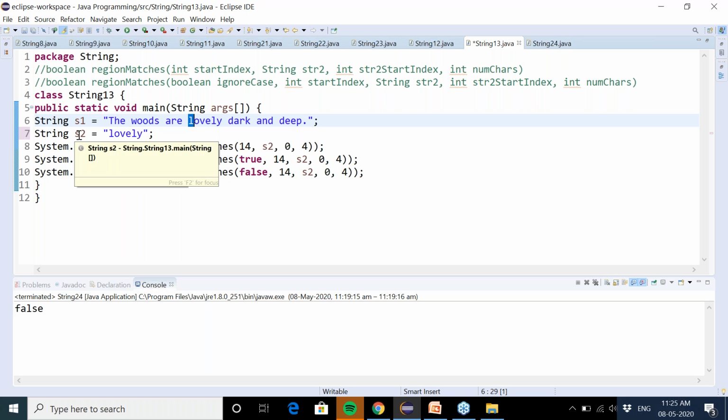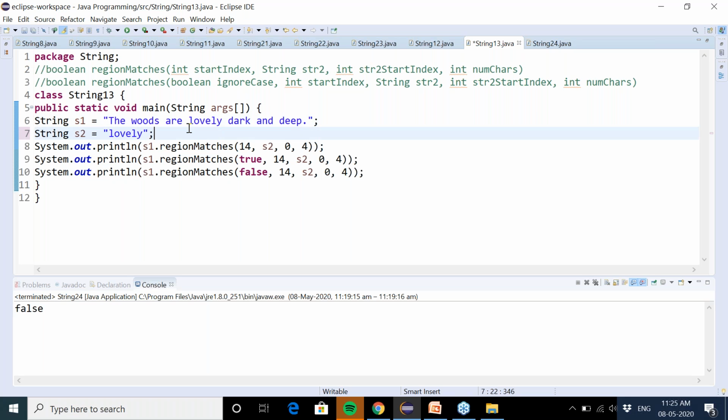If you want to start from, let's say, index number 2, you can do that also. So we want to start from 0 index, and the number of characters we want to match is 4. So only 4 characters will be matched. These 4 characters and these 4 characters will be matched. If the 4 are same, we will get the result true.